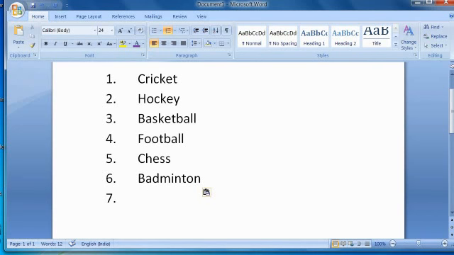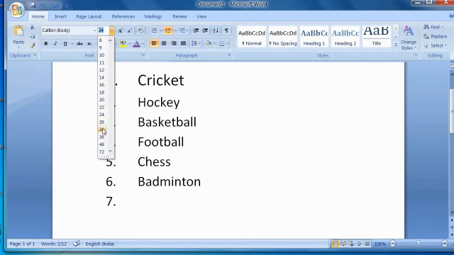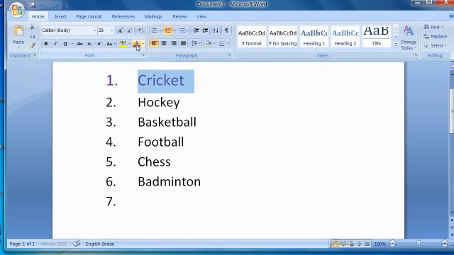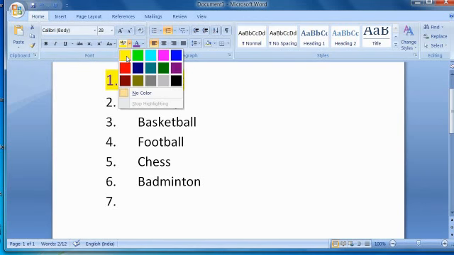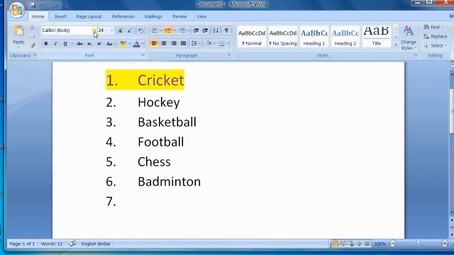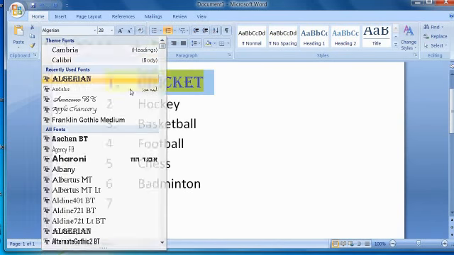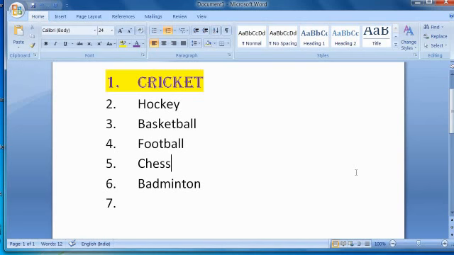Okay, yes, formatting means changing and arranging text in a document to make it look attractive. What we have to do for our text to be attractive: first we have to select, and here we can increase the size, and we can give the color and we can give the background color. Okay, then we can change the letter styles also. With the help of these we can make our document or text look attractive.